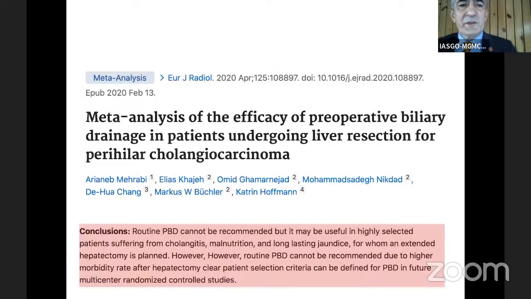In this recent meta-analysis, routine percutaneous biliary drainage cannot be recommended, but it may be useful in highly selected patients suffering from cholangitis, malnutrition, and long-lasting jaundice for whom extended hepatectomy is planned. However, routine percutaneous biliary drainage cannot be recommended by those authors. But we can find just the opposite